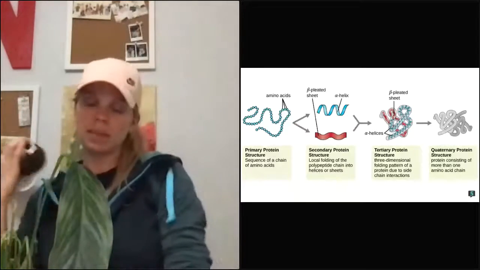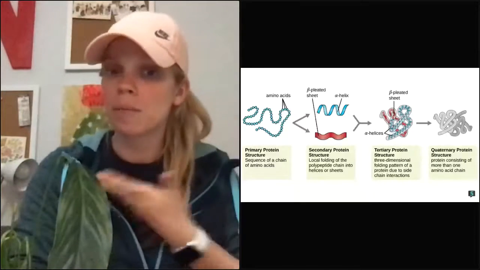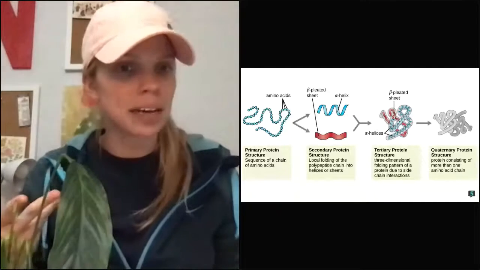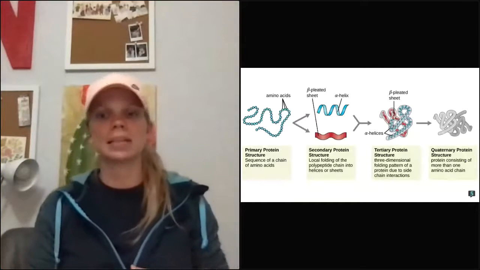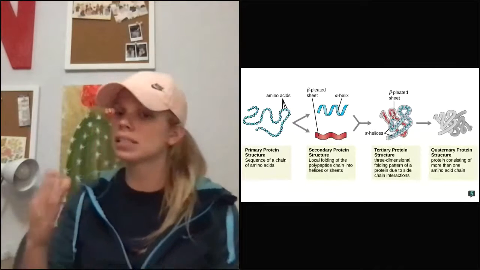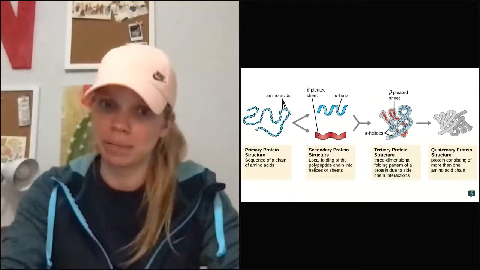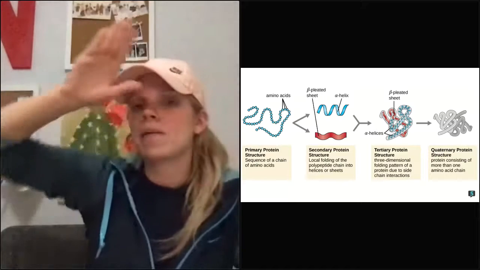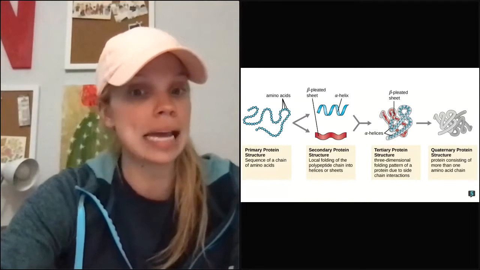Any living thing, whether it's a plant, a real otter, not a tape dispenser, or me, we're made of cells. That's our basic structural unit. What do all those cells come together to make? Tissues. What do all the tissues come together to make? Organs, and all the organs come together to make organ systems, and then the organ systems come together to make an organism. Yay. Okay. Proteins are the same way. Proteins start out as an amino acid. And all of the amino acids come together to form the primary structure of a protein,